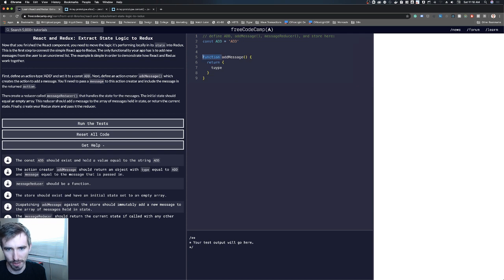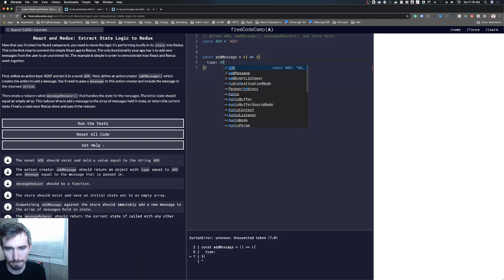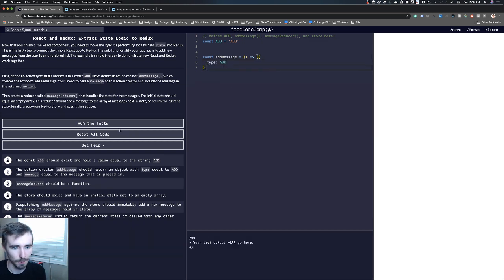I think this is a better way to do it. const addMessage equals an arrow function that returns an object with type set to ADD. Cool. And then you need to pass this message to the action creator to include. Okay, so we'll have a message,